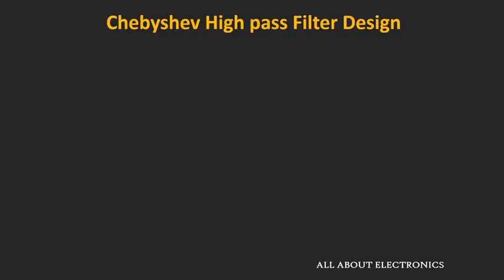Now similarly, let us see how to design the Chebyshev high pass filter. Now let us say we want to design the high pass filter which is having the same cutoff frequency that is equal to 2500 radian per second, and it is having the same roll off rate that was for the low pass filter. So simply by replacing S by 1 by S, we can transform any low pass filter into the high pass filter which is having the same cutoff frequency.